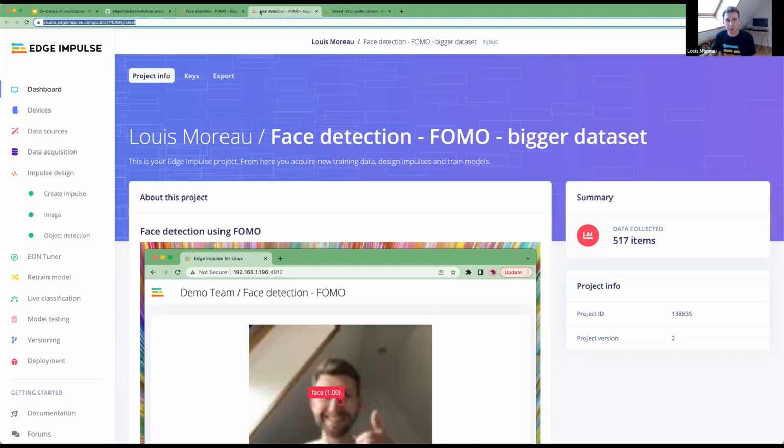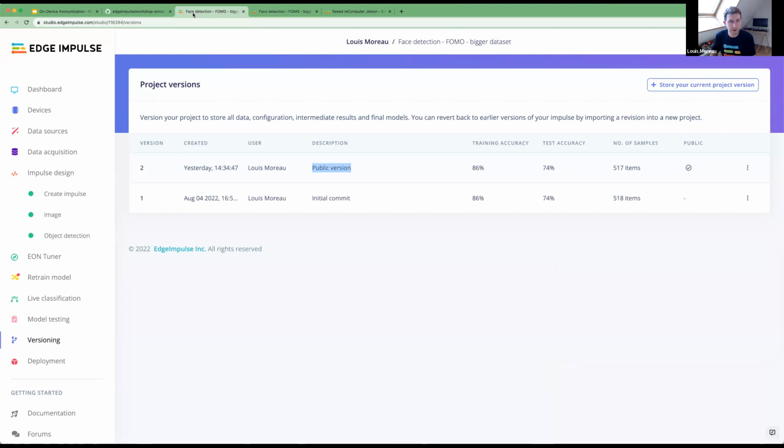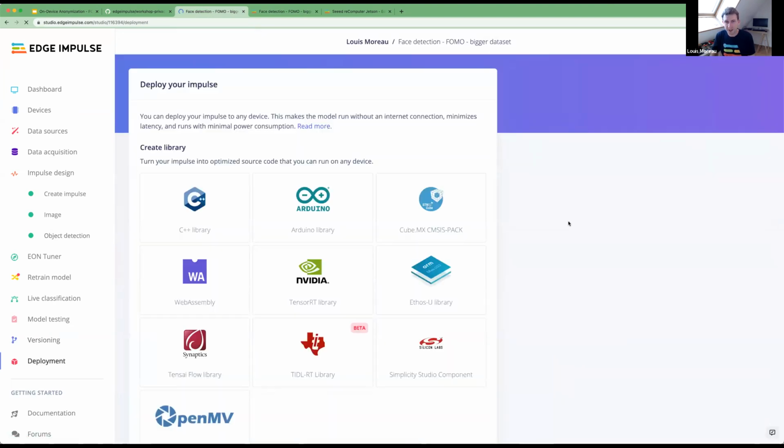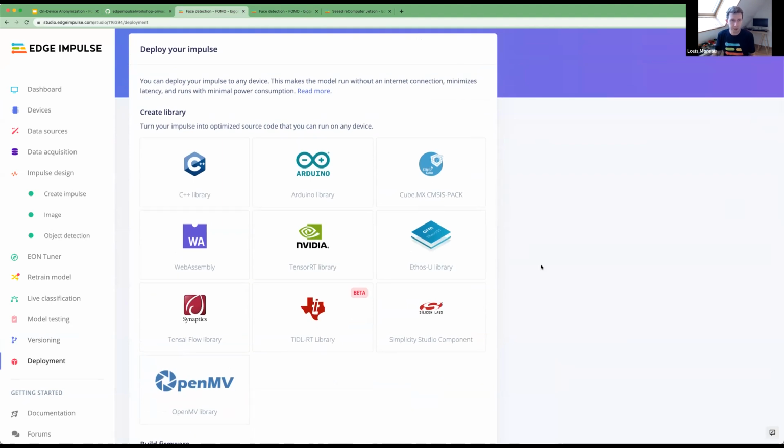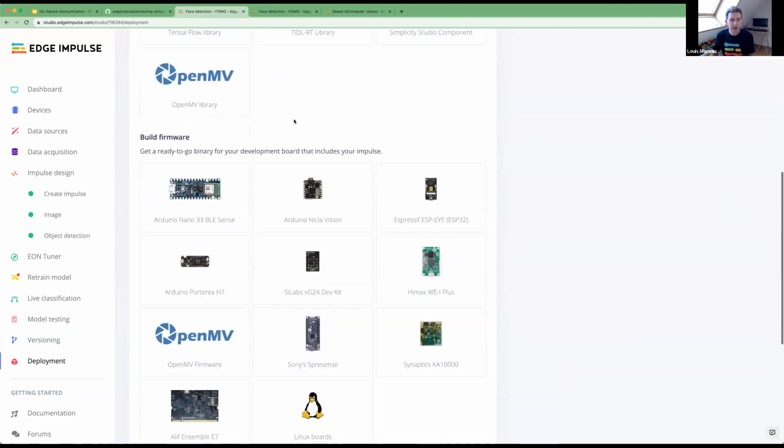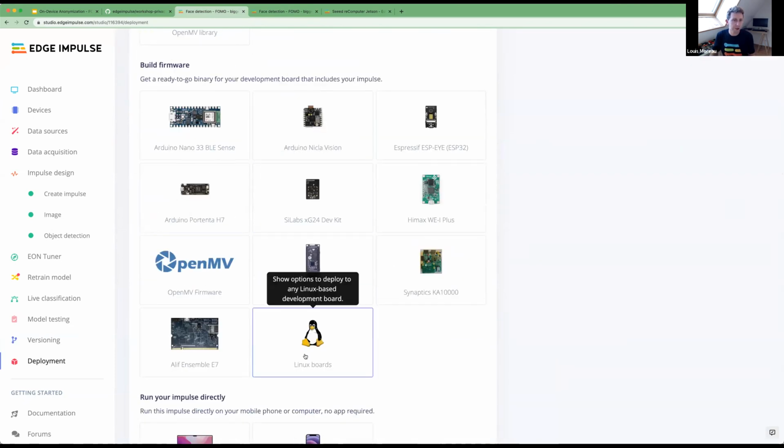This project is public. You can clone it and get started from there. Once I've done that, I can navigate to the deployments, and we have several options to deploy your machine learning model on edge devices. Most people use the C++ library when it comes to deployment on MCUs. In our case, we are going to use the Linux